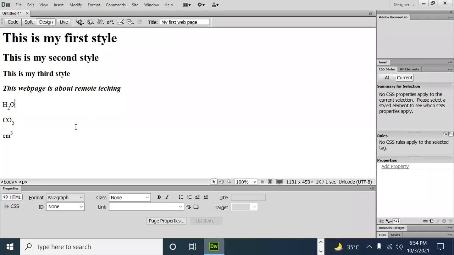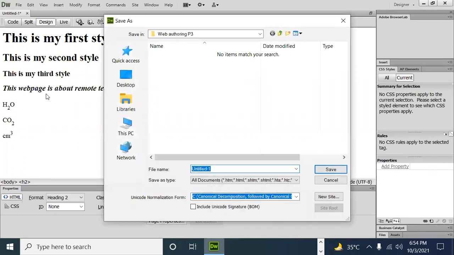So now this time I'm going to create one more website. I'm sorry, this website is untitled so far. So a very basic point I forgot to tell: first title it, save this file, and remember whenever you save the first page of your site, you must save it as index.html.